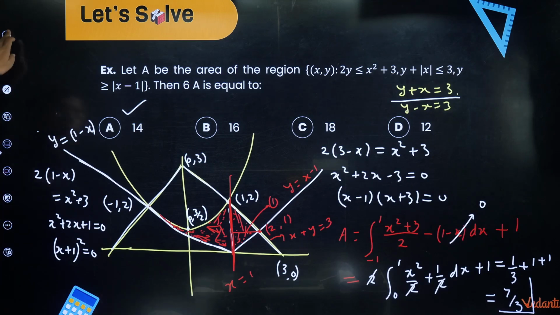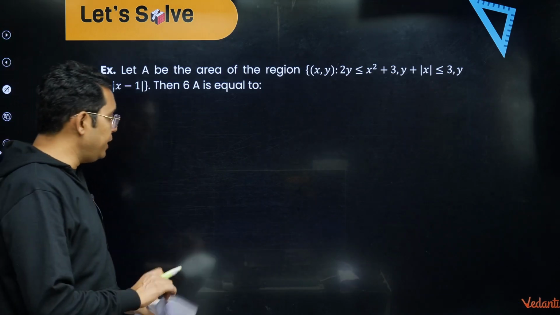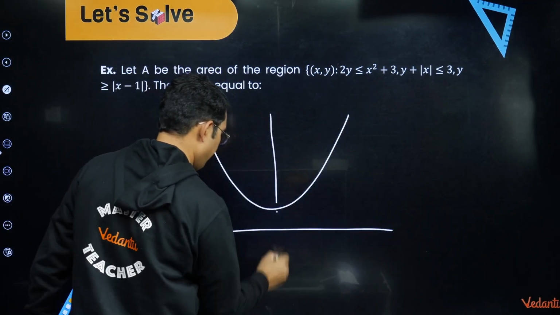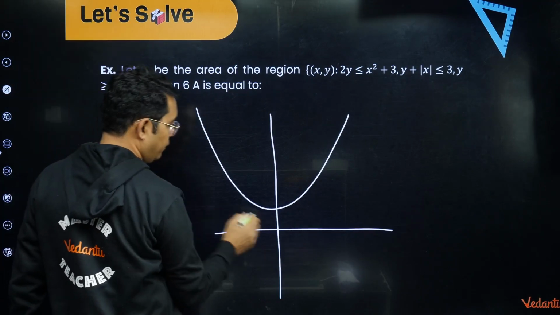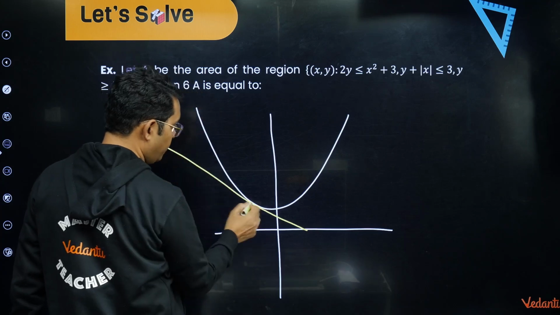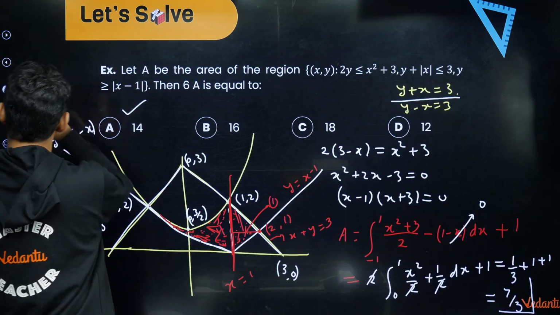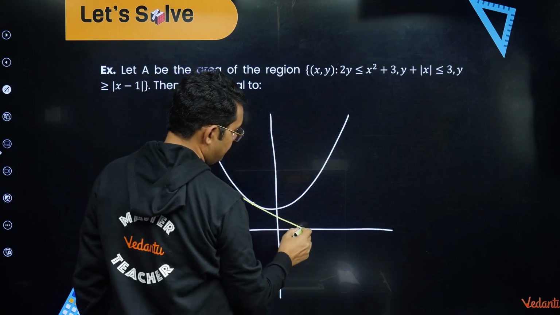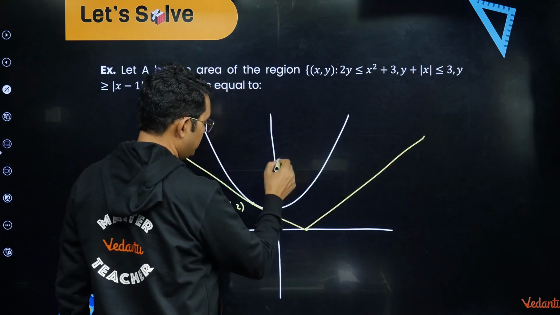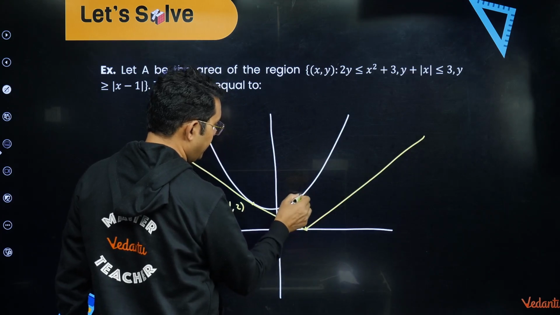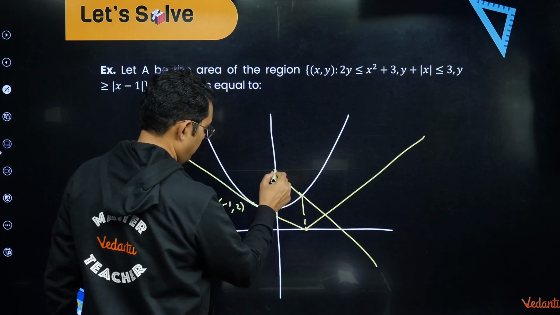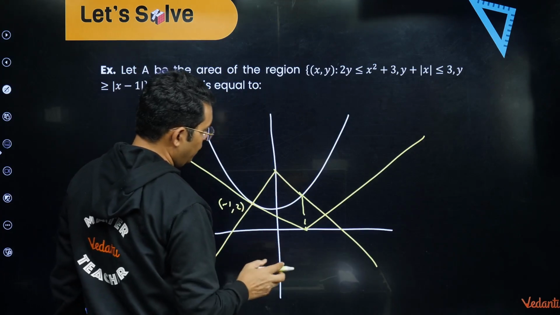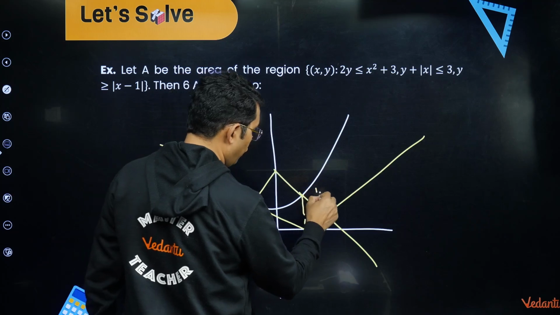I have one more way to do this question, and that another way is that, please listen carefully. This was my parabola. Okay, and then my line was coming from here. It was a tangent at this point. I think this was the point (-1, 2). Okay, and this was going like this, and then there was a line which was intersecting it here, and this also intersecting here only. Okay, now dear students, this point is (1, 2).